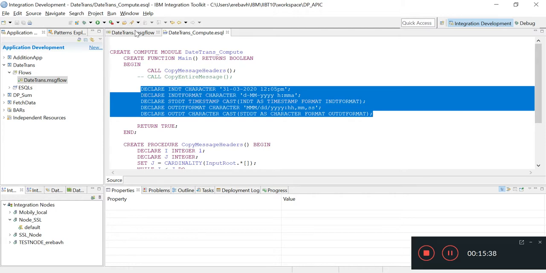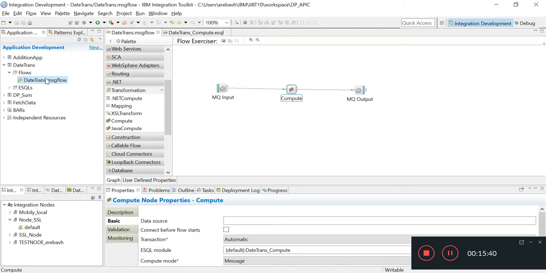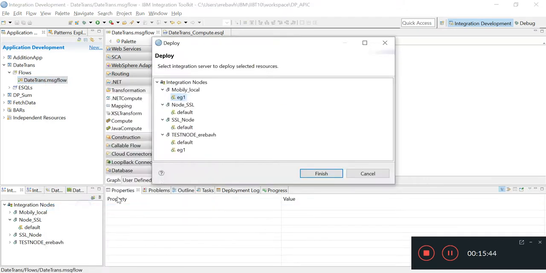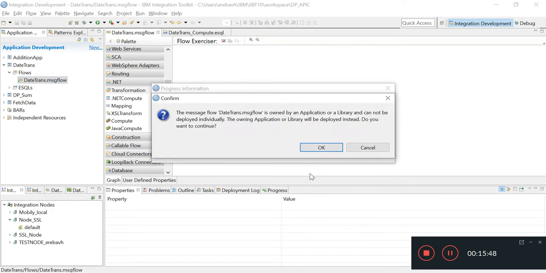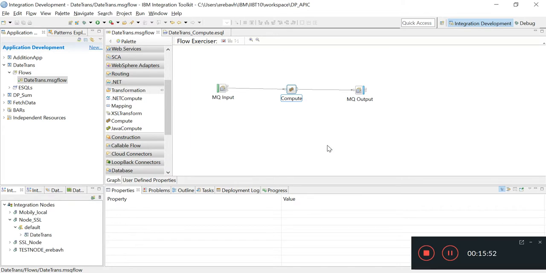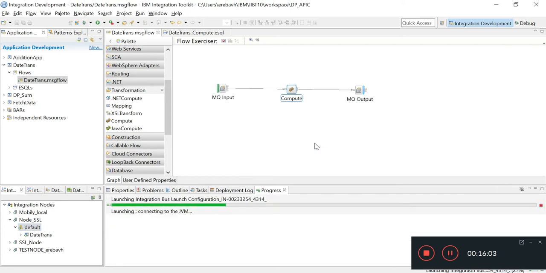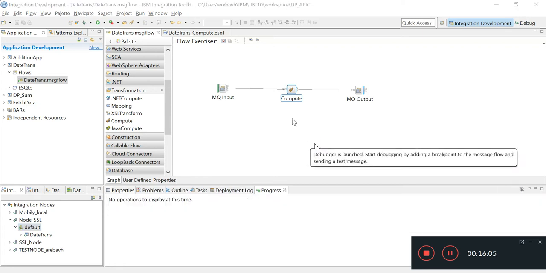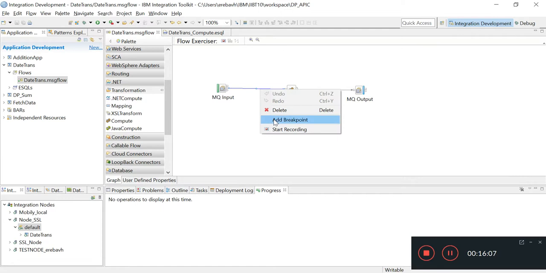So now let me debug. Now let me deploy this. Now let me debug this. Launch debugger. Add the breakpoint.